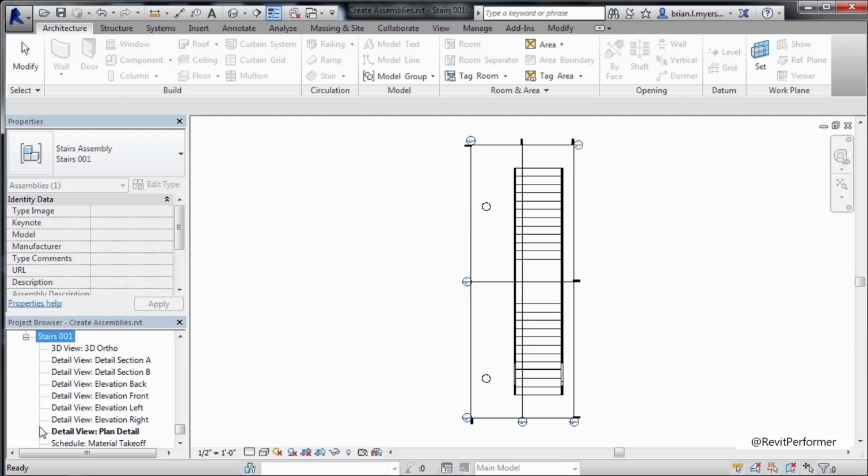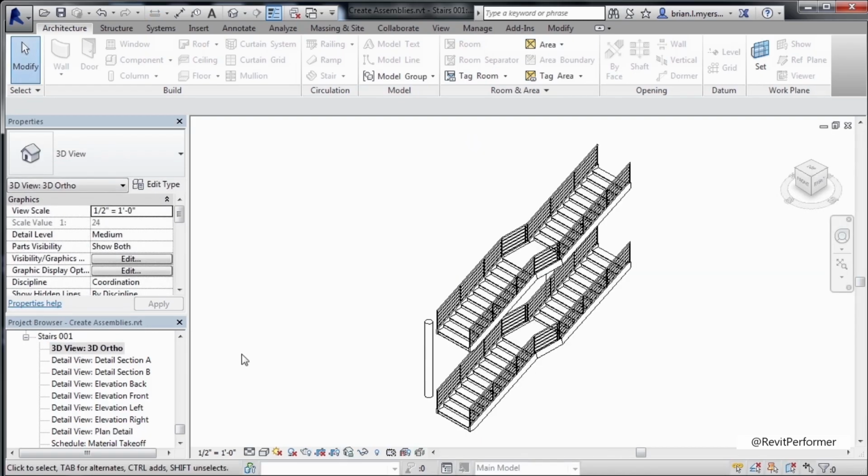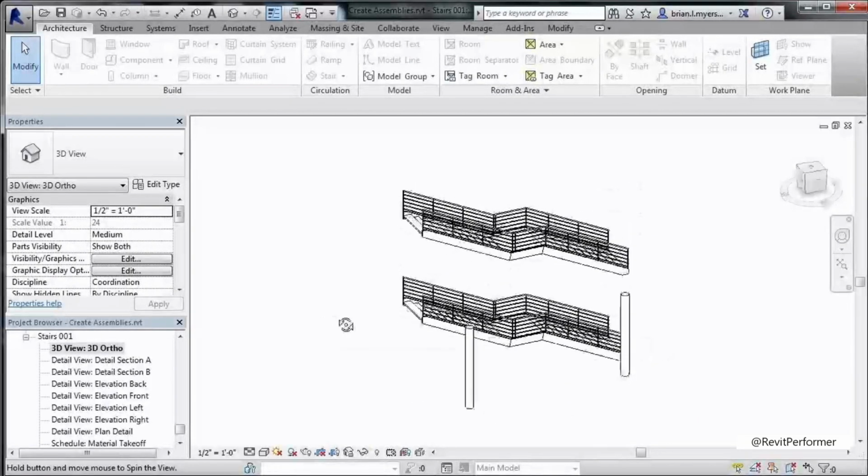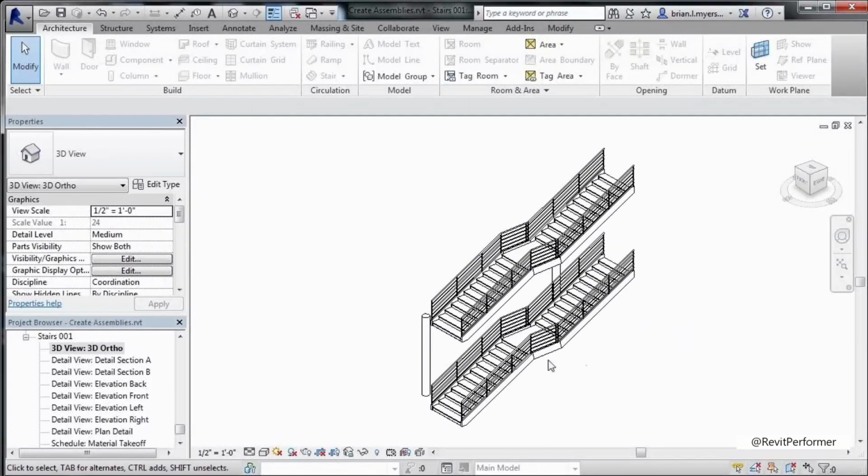Select the plus sign next to it, we can see each of those views. If I double click where we have the 3D view, 3D ortho, we can see everything inside of the assembly, including the railings, the staircases, and those 2 extra columns that I ended up selecting. To rotate this around, I can either click on the view cube or hold the shift key down on the keyboard and then hold the wheel down on the mouse to rotate it around to see everything inside of the